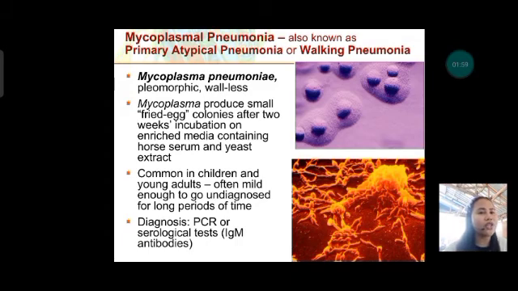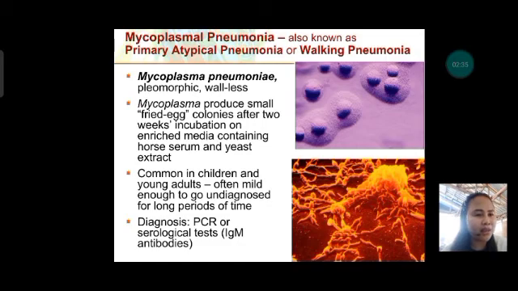So it is common in children and young adults and often mild enough to go undiagnosed for long periods of time. It is also called walking pneumonia because it is an informal term for pneumonia that isn't severe enough to require bed rest or hospitalization. So the diagnosis of mycoplasmal pneumonia is through PCR, or polymerase chain reaction, or serological tests